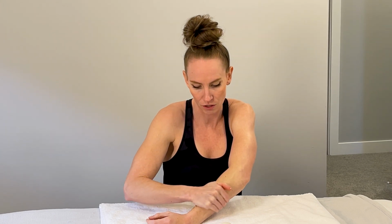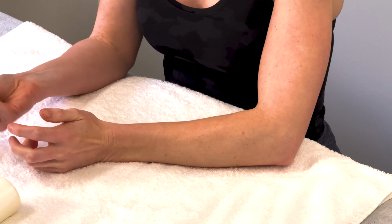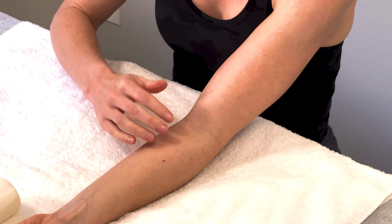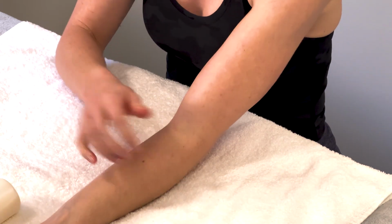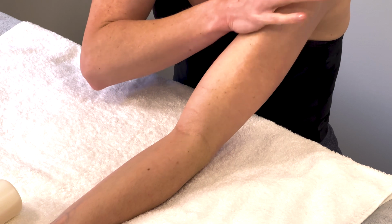So this is good to use the heel of your hand for the self-massage portion of this if you don't have enough of that finger strength. So we're going to start first. I'm going to flip the arm over. We're going to go into the biceps here. Even using just the edge of your thumb is also a great way to go. So just pushing in along the biceps muscle